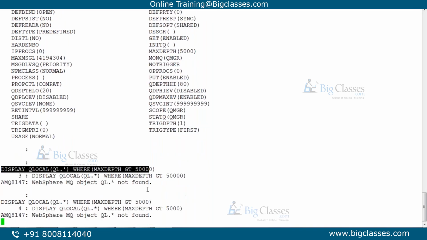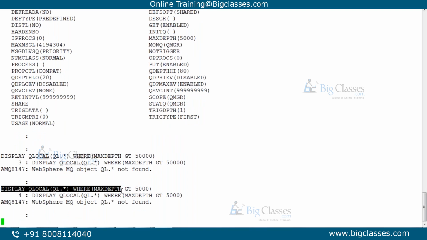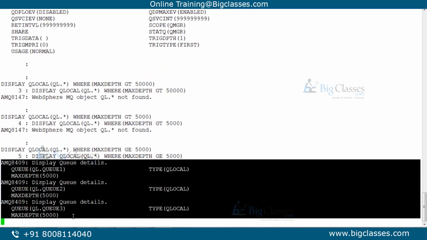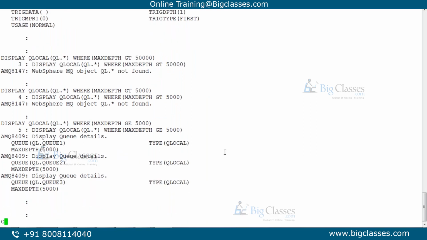Note this is greater than, not greater than or equal to. The operators you can use are greater than or equal to, less than or equal to, greater than, less than, and equal to. Like this, we have multiple.